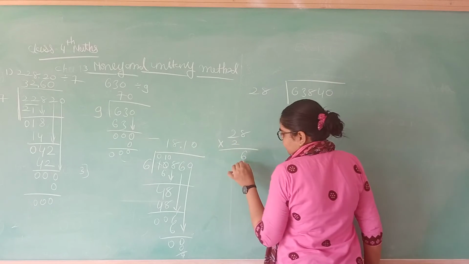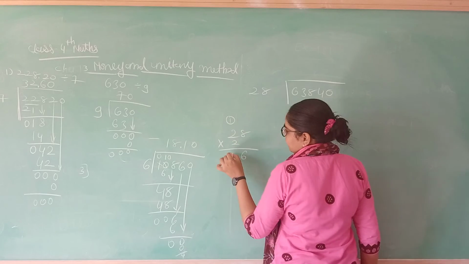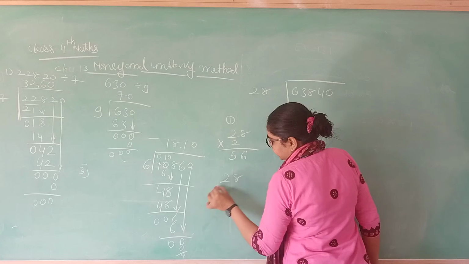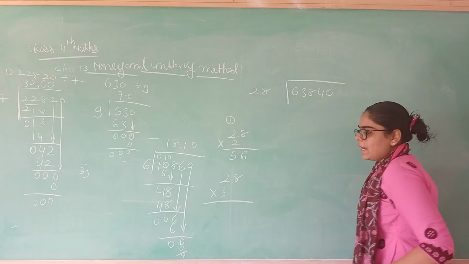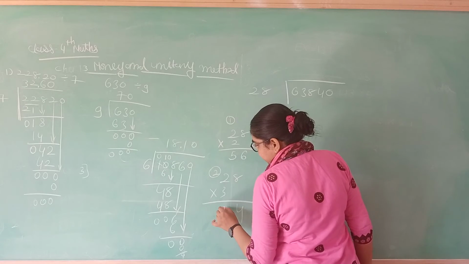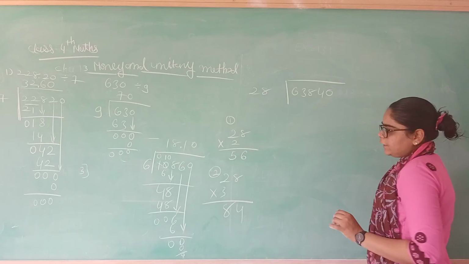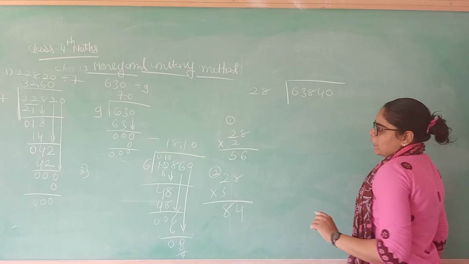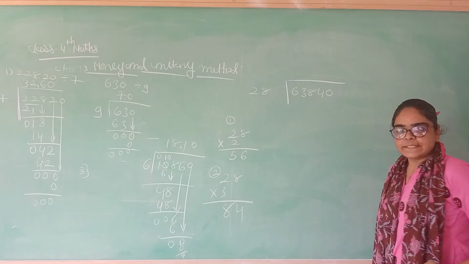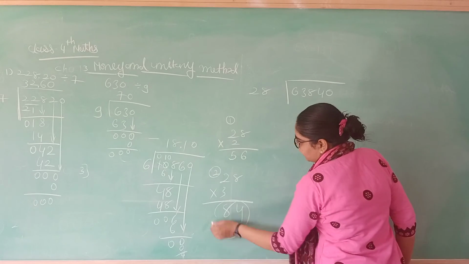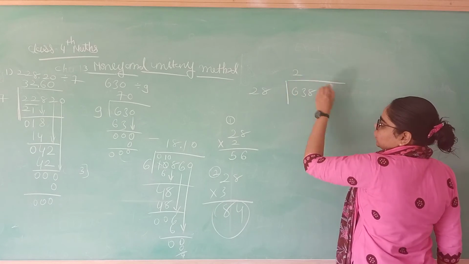8 twos are 16. So 6 here, 1 carry. 2 twos are 4 plus 1, 5. 56. Then 28 threes: 8 threes are 24. So 4 here, 2 carry on. 3 twos are 6, 7 and 8. 84. Okay. So say the 28 table till we get 63. But here 28 twos are 56 and 28 threes are 84. This one is the bigger number. So 28 twos are